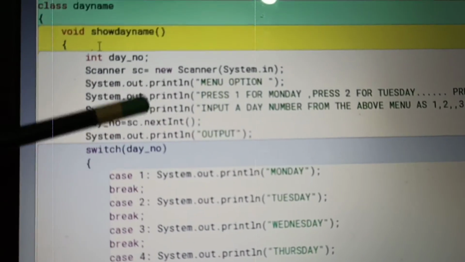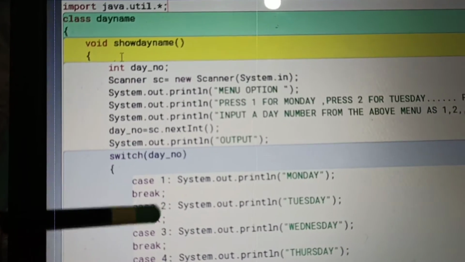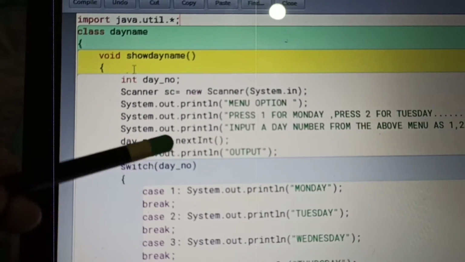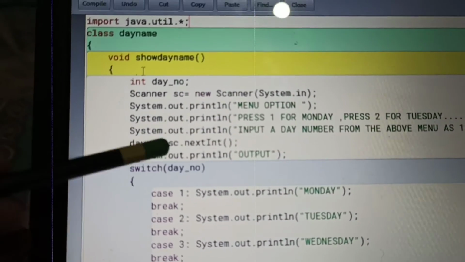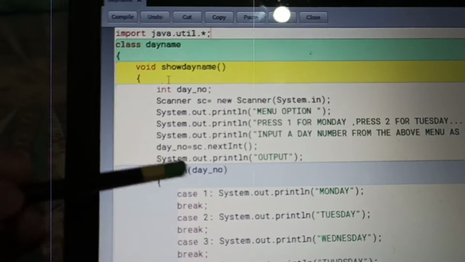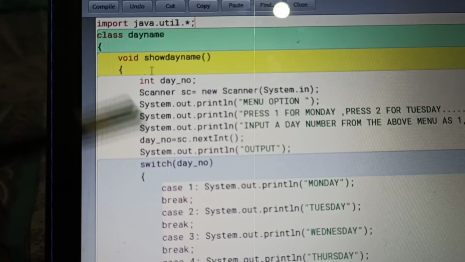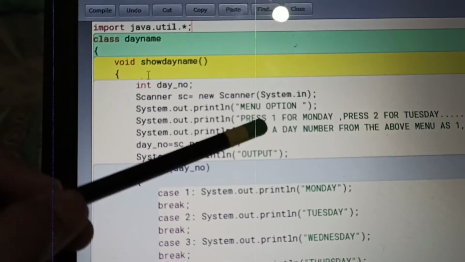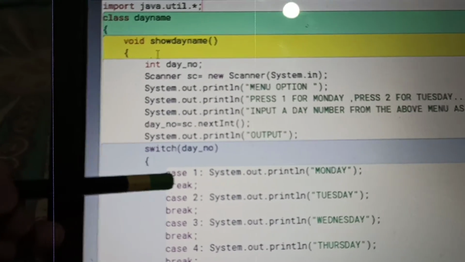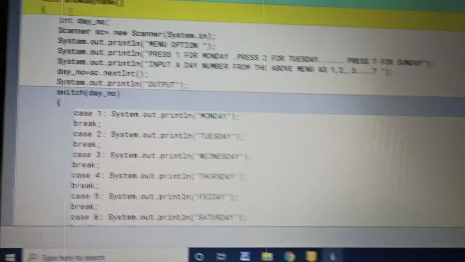When the user gives the input, suppose the user has given 2, then sc.nextInt, called on the Scanner object, stores it in dayNumber. If the user presses 1 for Monday, it will store 1, then go to case 1 and print the value Monday. I will also show you with the output.